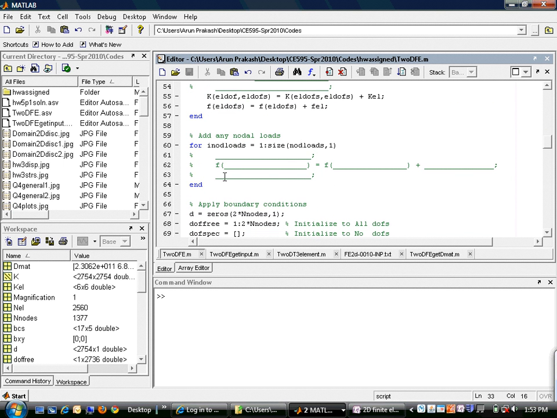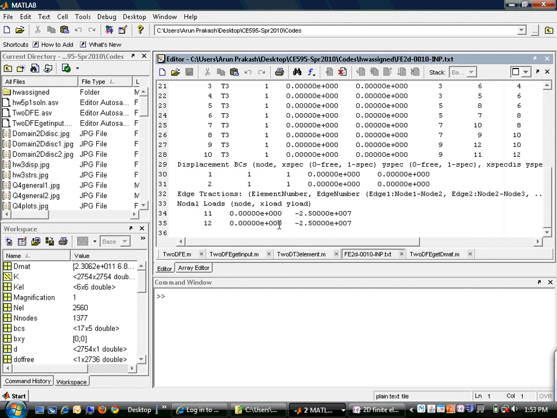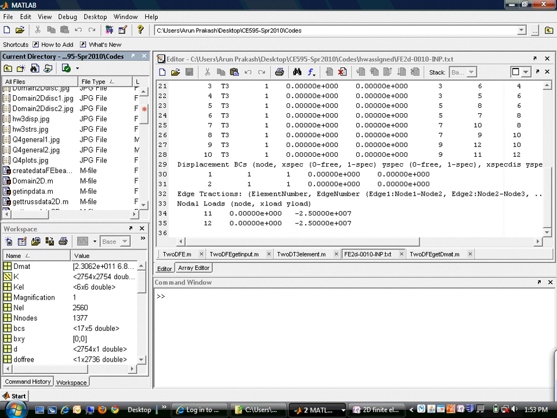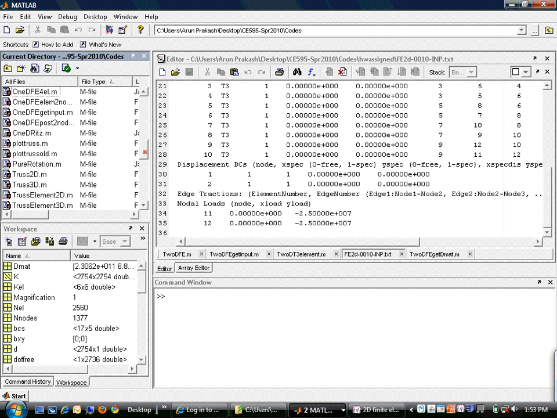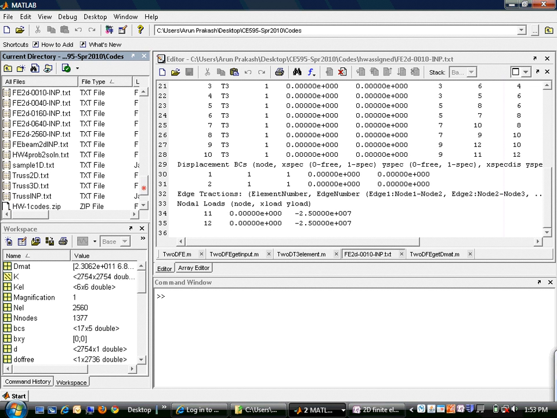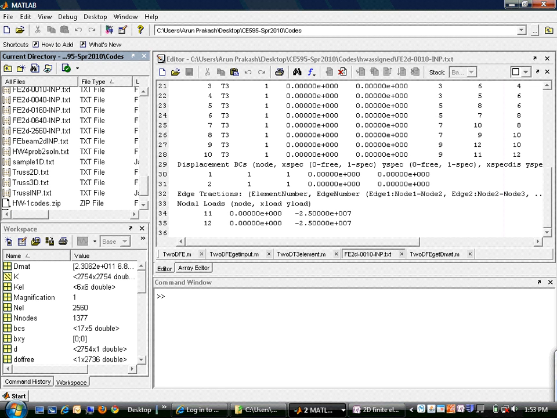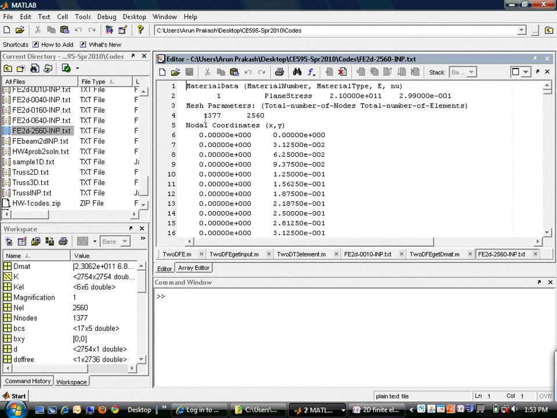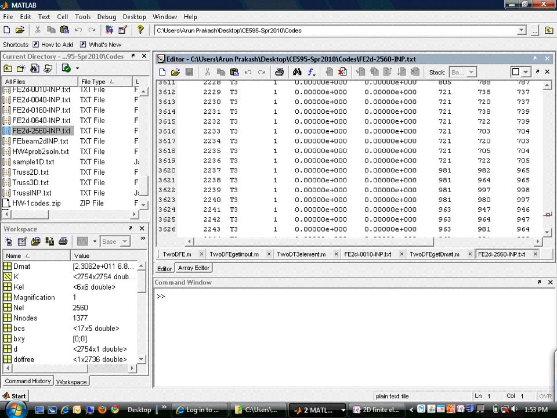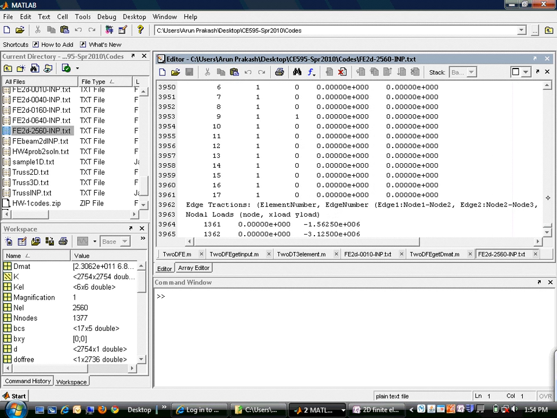You would have to add all these nodal loads. So for example, in this case, these are the two nodal loads, and let me show you for the biggest mesh, what do these nodal loads look like. So this is the 2,500. There are these many nodes, these many elements. You have to go way down here to see that